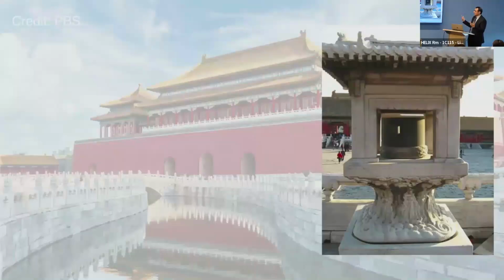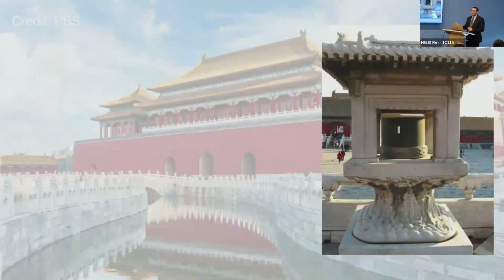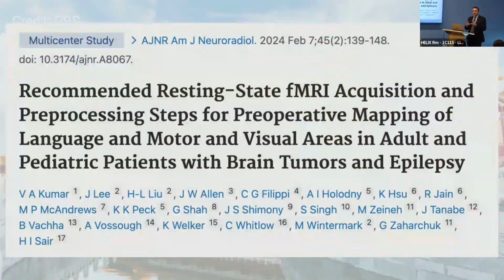to the Forbidden City, I think every year or something, and make sure that the weights they were using to sell people rice and things like that were correct. Basically, the government would say, hey, this 10-kilogram stone that you're using is actually 14 kilograms or whatever it is. And then they would make sure that that was accurate. So standardization, super important. And that's one of the problems that you have with resting state fMRI, because there's task